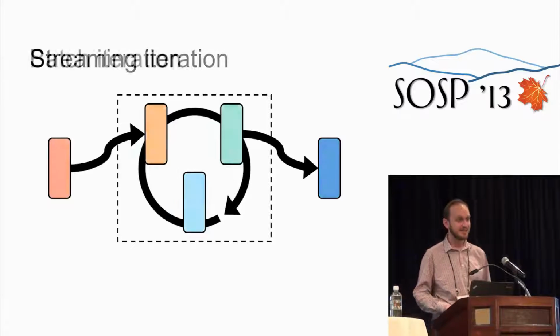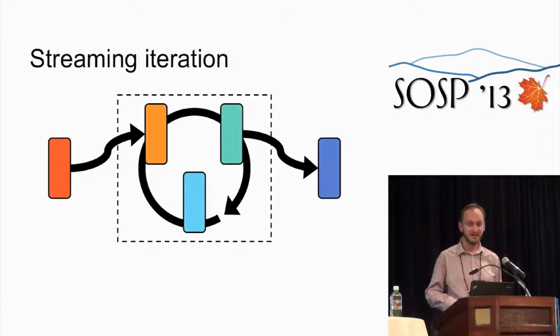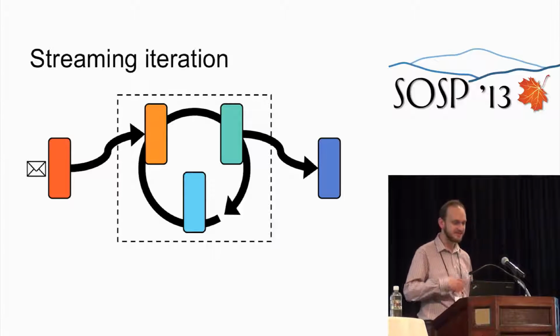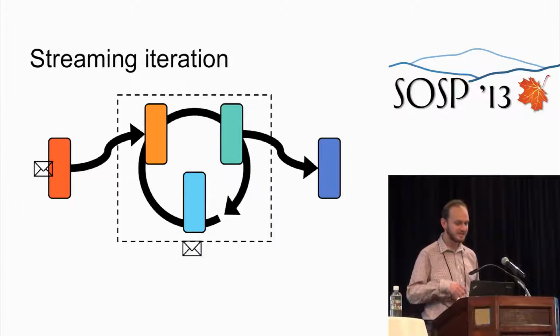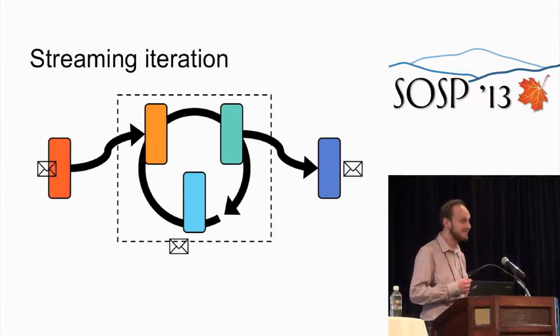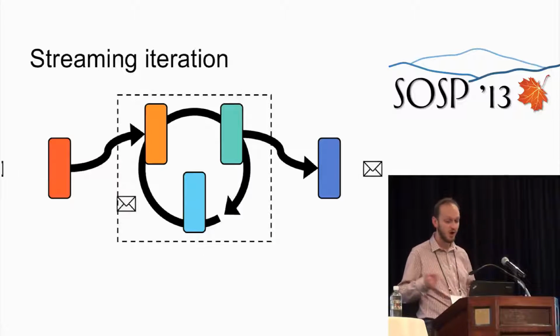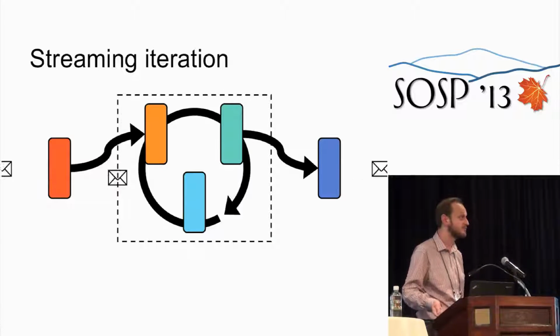In a streaming setting, all of the vertices are active all of the time and they're able to maintain mutable state. So the data stream in. This leads to data flowing around the loop, and eventually data will be produced. The latency can be much lower, but the correspondence between input and output is lost, making it hard to do things like keep a sliding window of the counts of page views, like we saw in the previous talk.